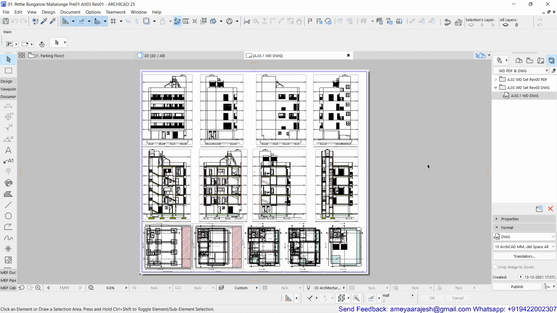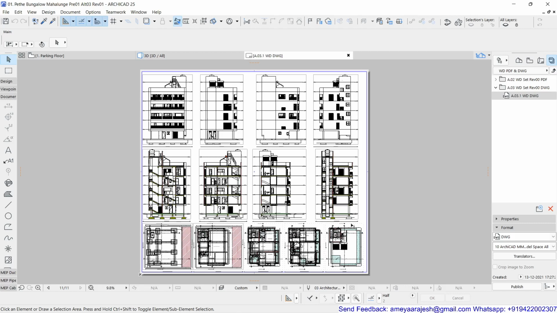Very quickly, I'll show you how to save a DWG file from ArchiCAD with the proper layers and all the data in the model space, and then what you should do in that DWG file so its file size gets minimized, and the person who's going to refer to that file can refer to it in a correct manner. No errors will be there.